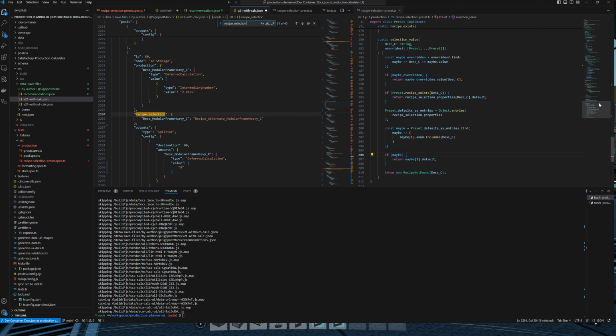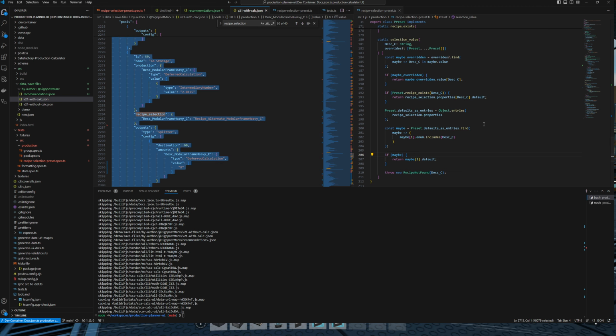Heavy modular frame. I don't think I added that to the global default, did I? Oh, yeah, because I was waffling on about it. Everything that needs heavy modular frame should be coming from this manifold anyway, so setting a global default would be moot. It should, however, be added to the heavy modular frame group default, rather than setting it on the individual manifolds. So if I save that, load it in,